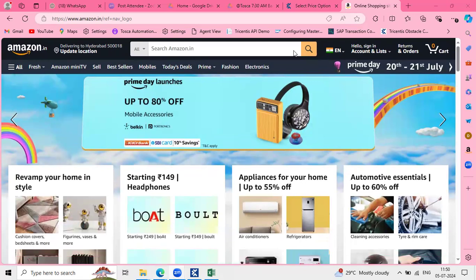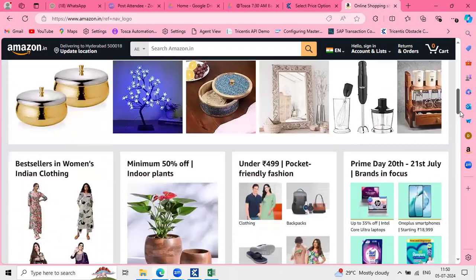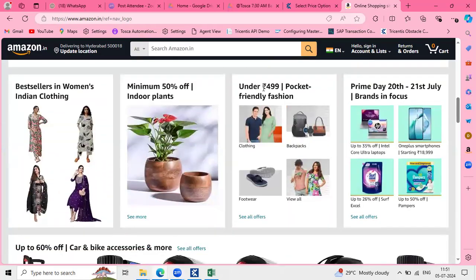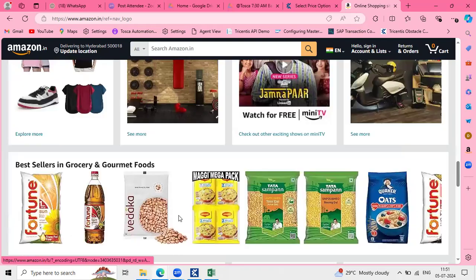That we are talking about the one which is not visible on the screen, or which is hidden from the screen. So when we launch the web application, basically we are at the top of the page, right? When you do a scroll down activity, then only we are able to see some controls, right? So once you open the application, are you able to see, for example, I want to verify, starting